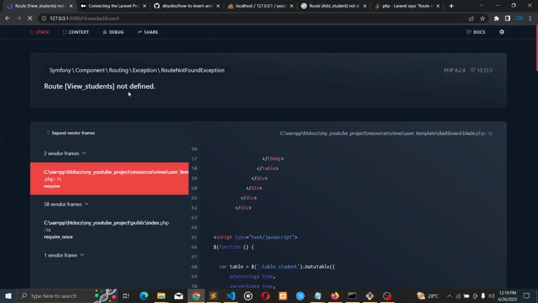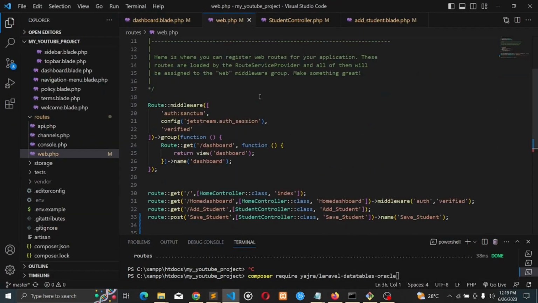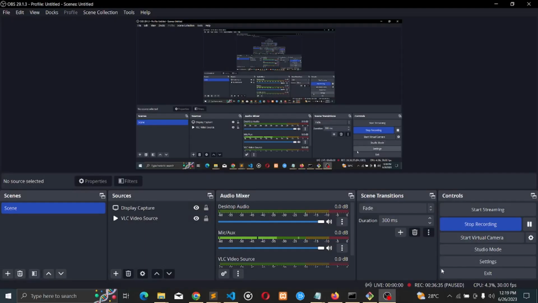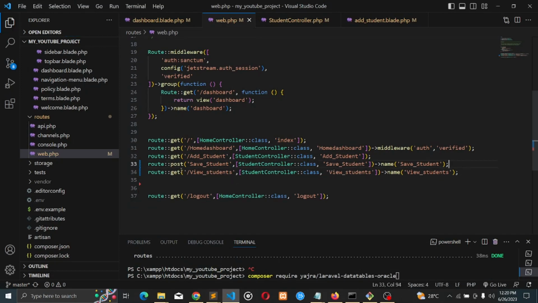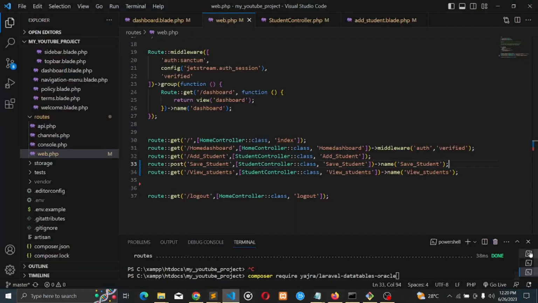Route view not defined. So let's go to our route and let's input the route for view students. So I'm pasting it. Yeah, so you can see this is the class view students. So once you have saved it, let's go back to our browser. Let's refresh. Not defined. Okay. Go back to